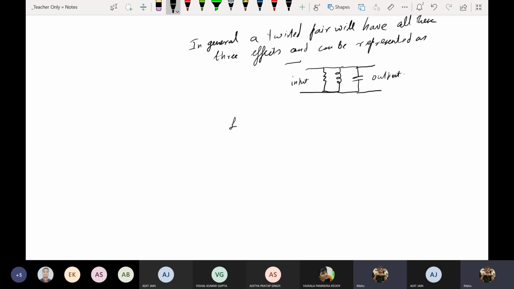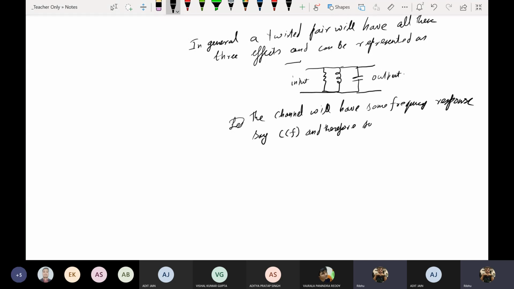Let the channel have some frequency response, say, and therefore some time domain response. Agreed? Yes, sir. Similarly, in the case of wireless